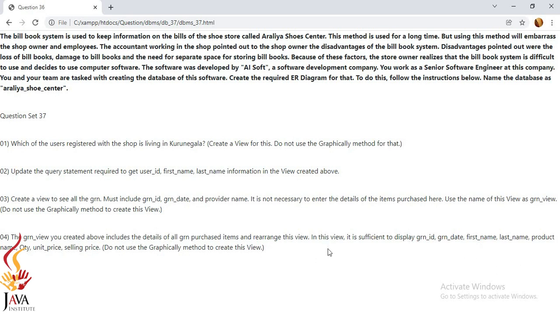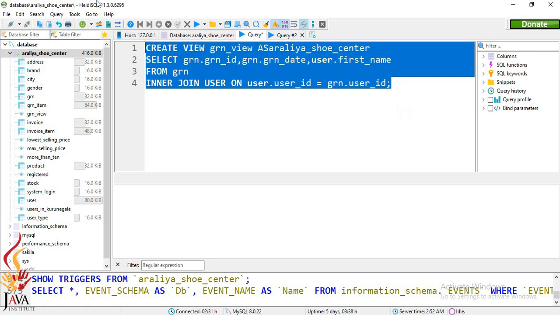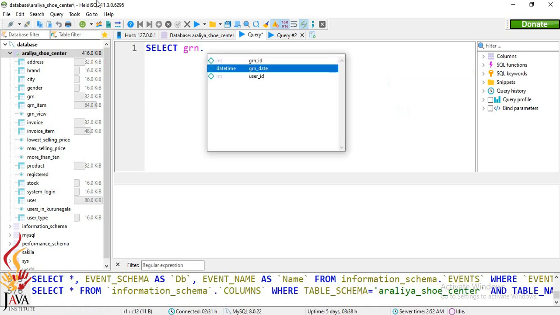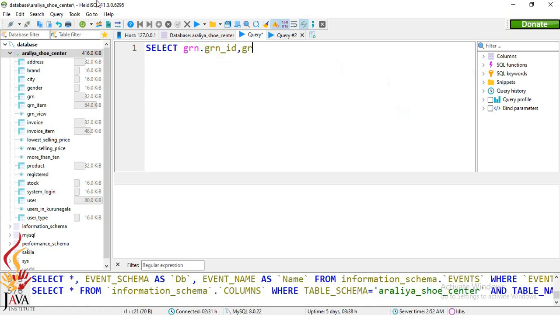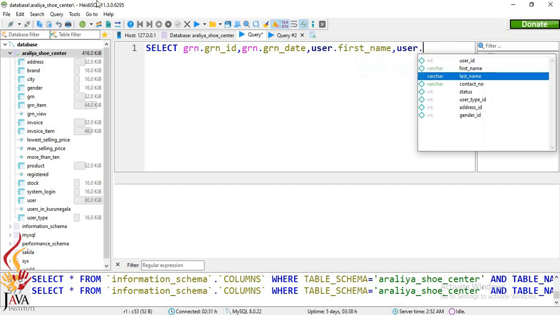So for that, I will write another query as select, and I will mention the column names which we need: the GRN ID, GRN date, user first name, user last name,